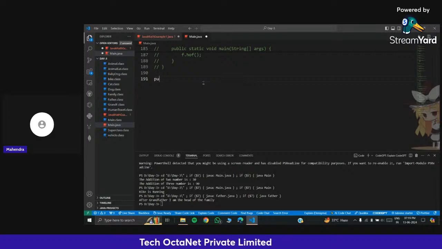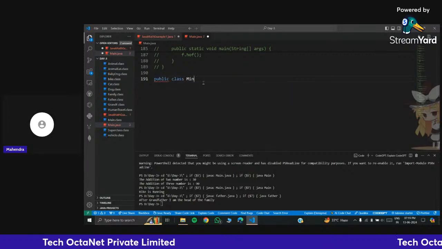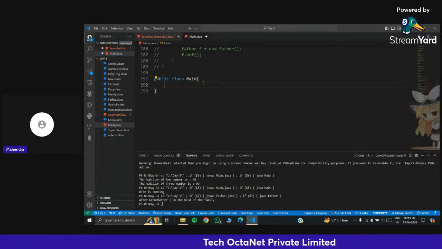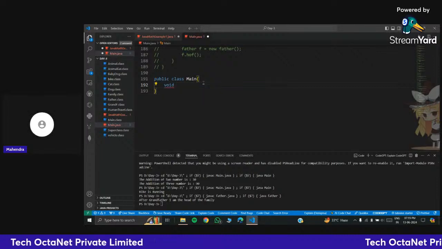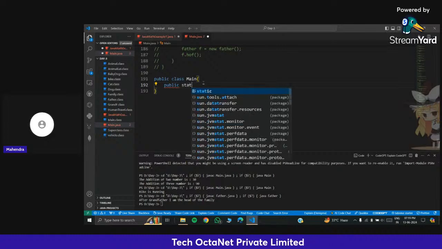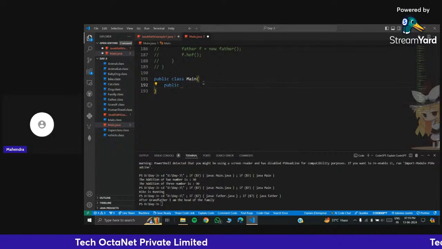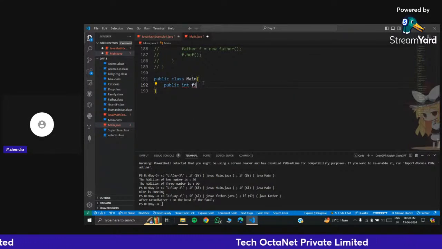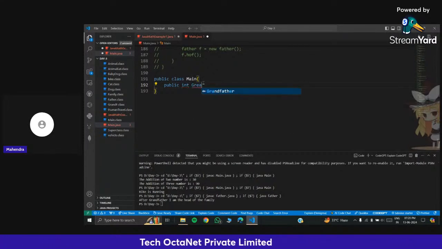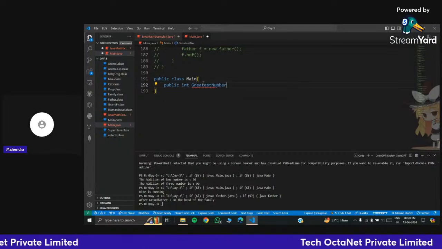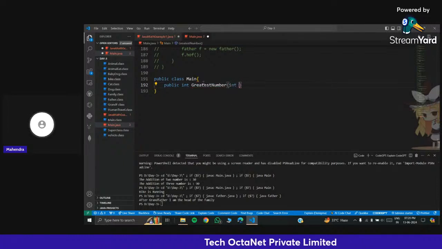Let's make a public class main, and it has a method, public static, let's say public int greatest number. Now we will pass two numbers here,